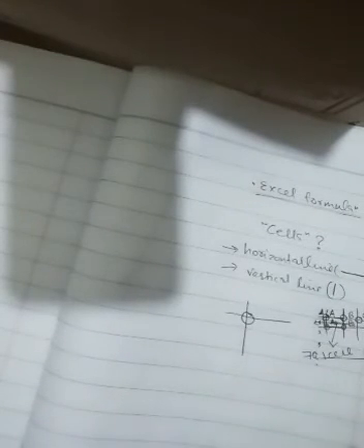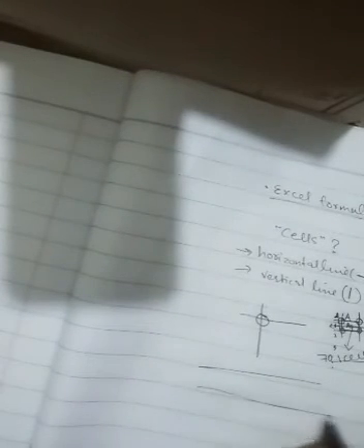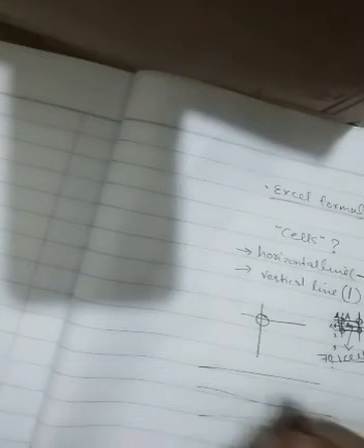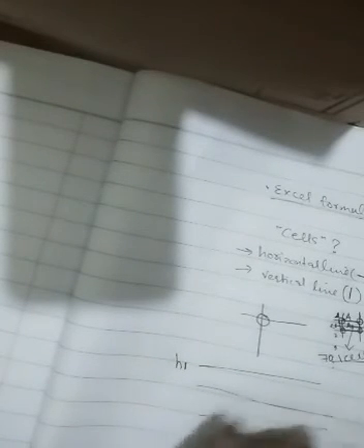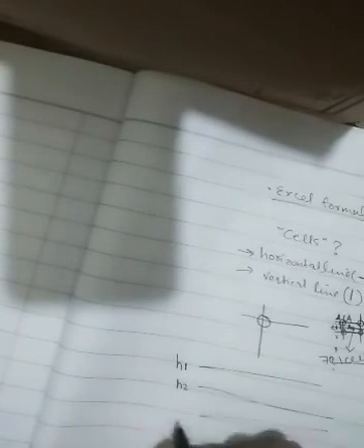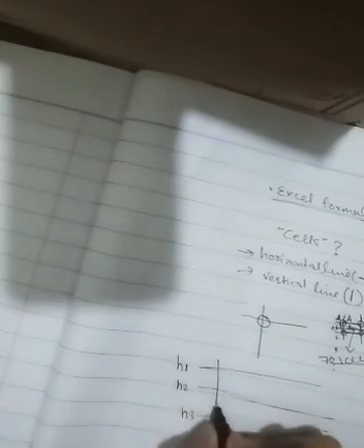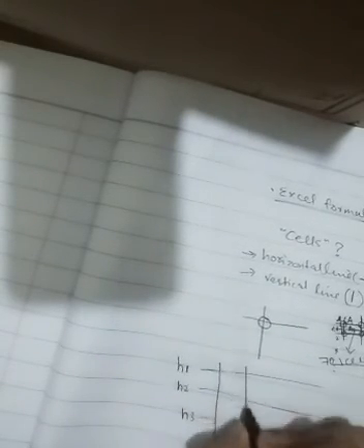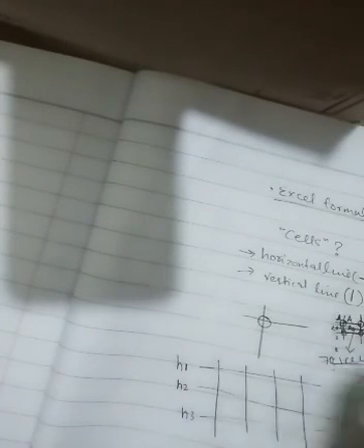Let's make a practical diagram of it. Horizontal line, another horizontal line, third horizontal line. Let's represent these lines with some numbers and alphabets. Horizontal line 1, horizontal line 2, horizontal line 3. Now let's make some vertical lines on it. Vertical line 1, vertical line 2, vertical line 3, vertical line 4. So by using the rows and columns, we have made a grid.